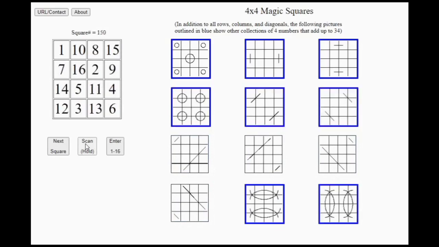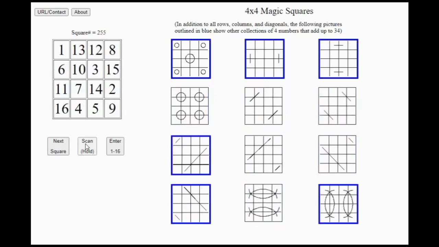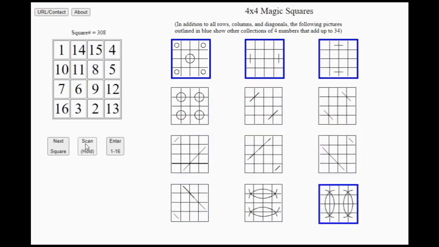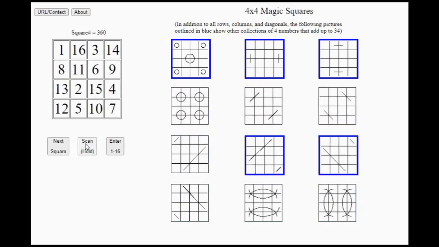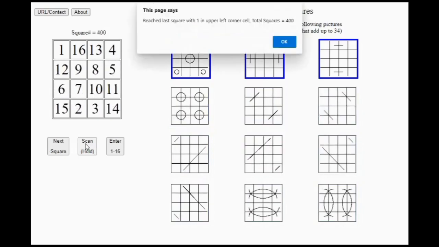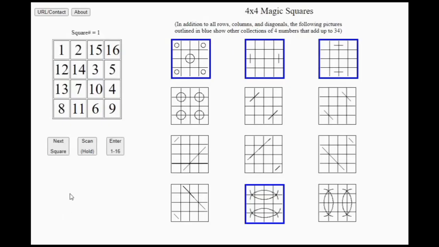Here we see the program scanning through the squares, and let's see where it stops. Okay, so we have a message here that says reached last square with 1 in the upper left hand corner. Total squares equal 400. Okay, now we have seen all the squares with 1 in the upper left hand corner, and there were 400